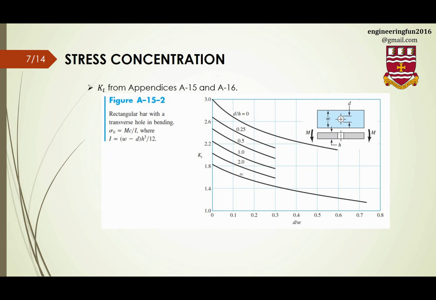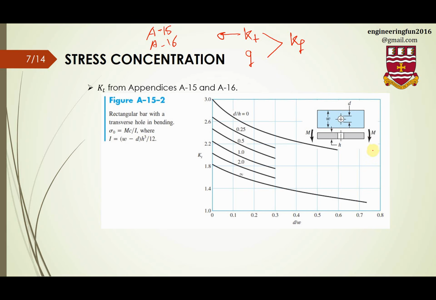Okay, I'm gonna give you an example here. For example, if I have a specimen under bending moment, so I said I need KT and I need Q in order to find KF. This KT can be found from appendix A15 and A16. For example, in this case, when you have a specimen under bending moment loading and the hole inside,